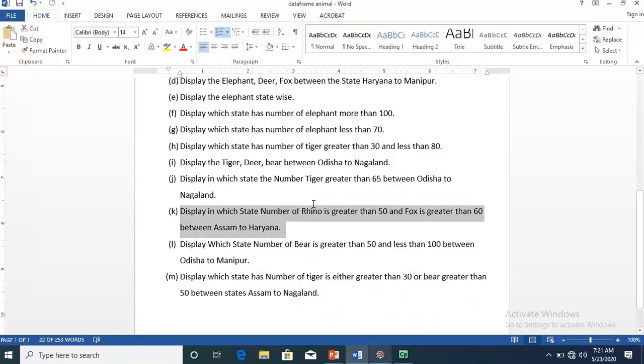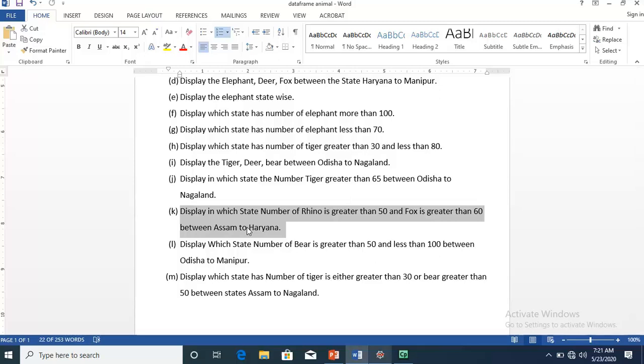Now here, display in which state the number of rhino is greater than 50 and fox is greater than 60 between Assam to Haryana. In this question there are two things. First we have to fetch the data of Assam to Haryana, which means we have to set a range of values, or select the states from Assam to Haryana.